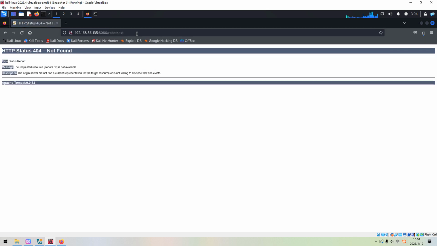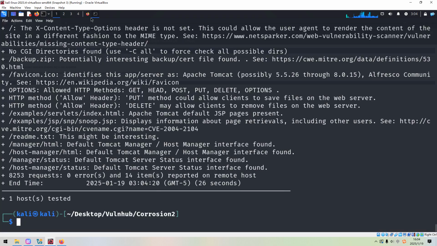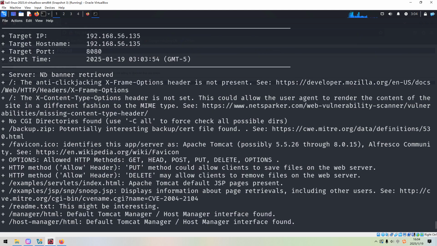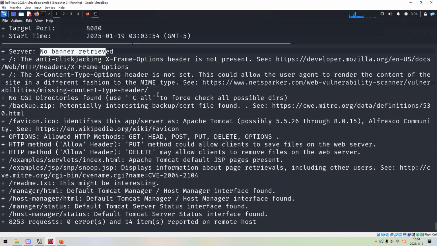I think following standard methodology is the key to the success of this machine. Let's go back. So why I mentioned over and over that Nikto is so great. If you think this is just a directory enumeration, okay? As you can see over here, although no banner was retrieved and the request headers have nothing special,